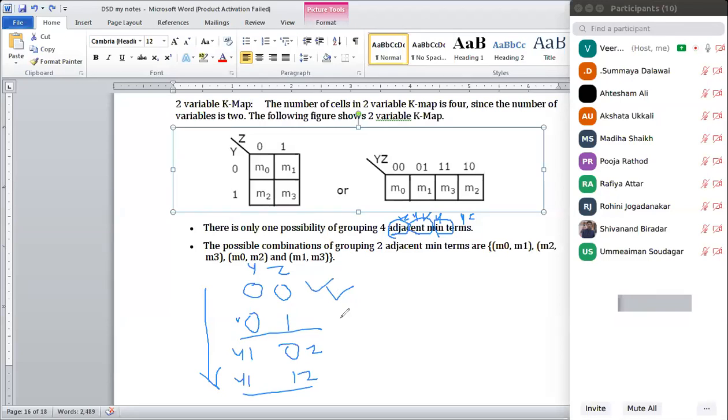This is okay, y bar z bar. This is y remaining same, z is changing, right? Here y is also changing, z is also changing. Directly from m1 to m2, if I jump from m1 to m2, both variables are transiting. Both variables are changing here, 0 to 1 and 1 to 0. Here what will happen? This I don't want to do. That is why I'm going for the third one first and the second one later.